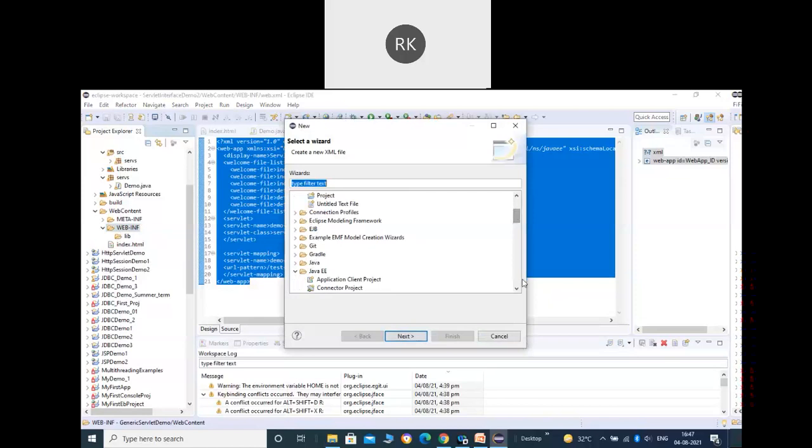But the web.xml is not at the correct place. It should be within the WEB-INF folder. Let me check with the web.xml options.